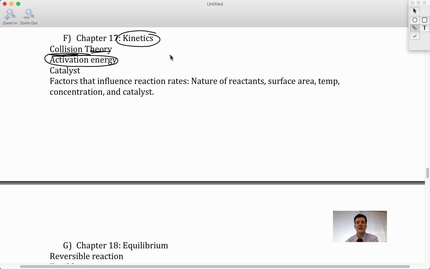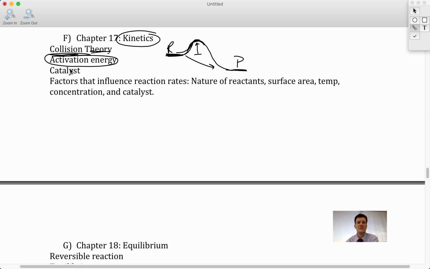Remember when we looked at energy diagrams, if the reactants are here and the products are down here, that would be a reaction where you're starting at a higher energy than where you end, and that would be an exothermic, but they still have to go up over that activation energy hill. They don't just go straight down. They have to have some type of spark, some type of initial energy boost in order to get the reaction started. So they have to go up over that activation energy hill, and that energy level, that distance there is